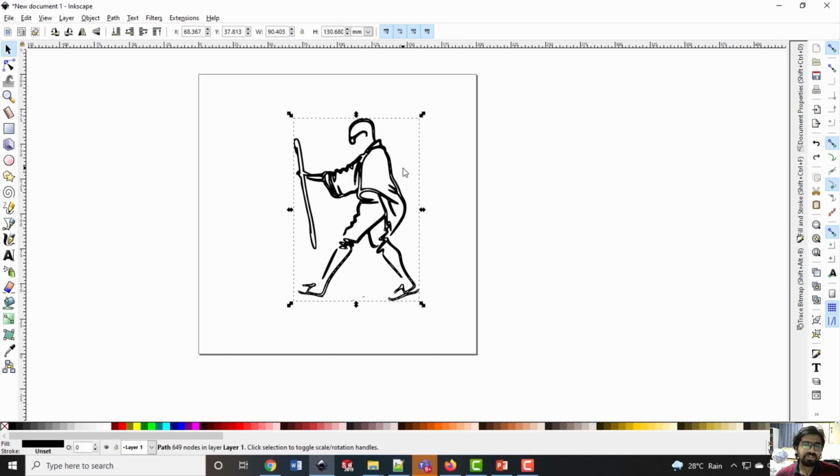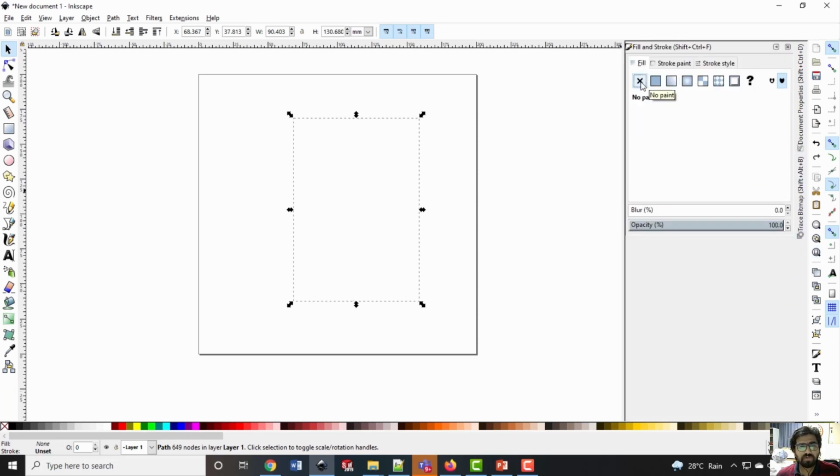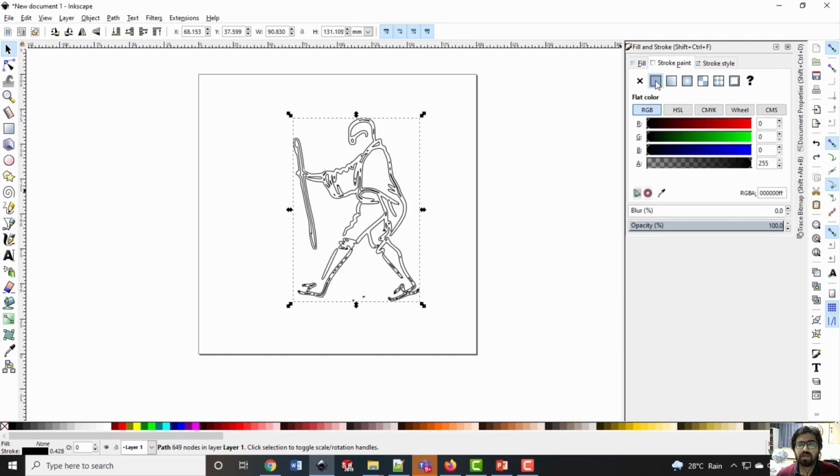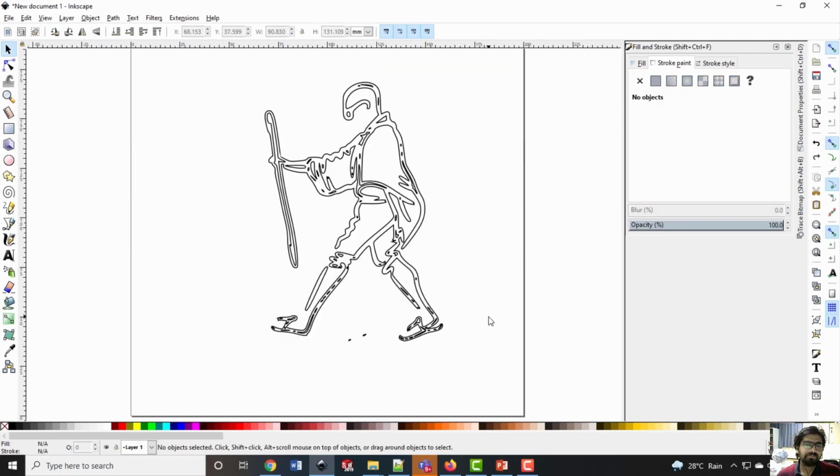Still, this image consists of fill as well as stroke. So I'll again go to the option with Control Shift F, and this window will pop up where I will switch off the fill and only switch on the stroke. And now this is of my interest. I want to use this image to add the material along the path.